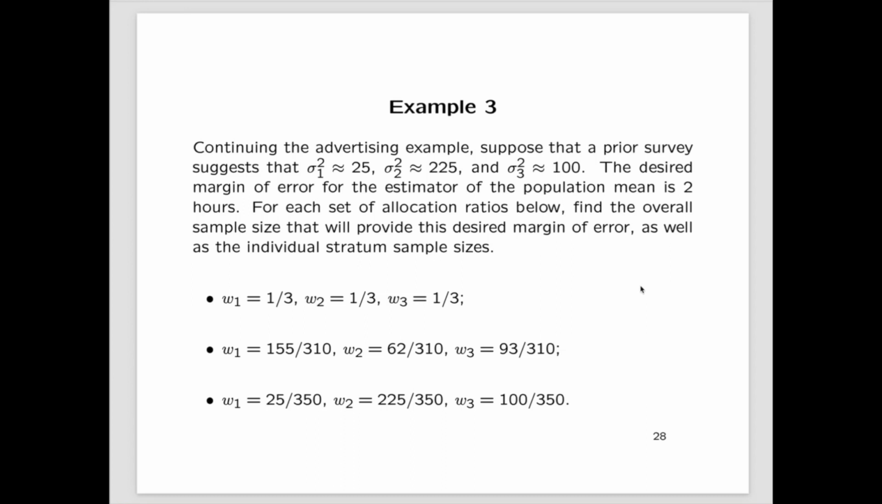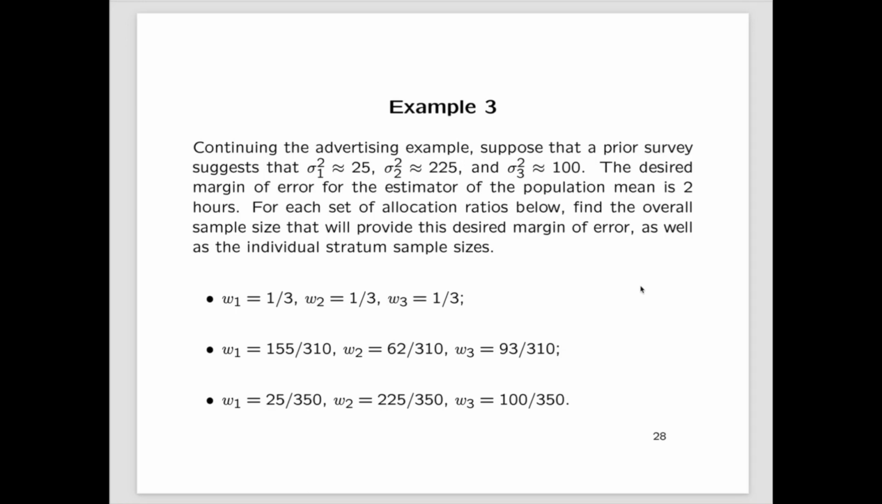In other words, the proportion of the overall population size that is contained in stratum 1 is equal to 155 over 310. The proportion contained in stratum 2 is 62 over 310, and so forth. So essentially what we're doing here is selecting samples from the 3 strata that are proportional to the strata sizes. Now the third set of allocation ratios,